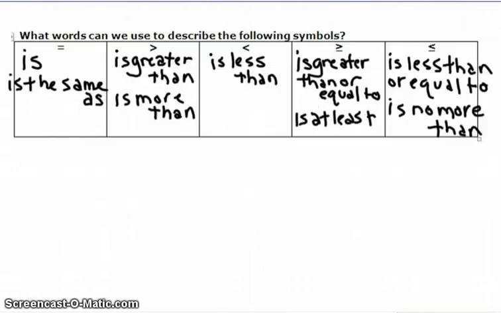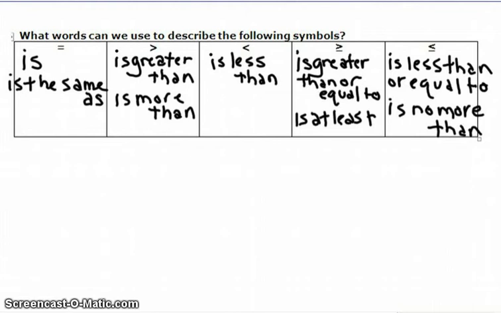We also need to look for certain words that we can just use to describe the following symbols. So here we have the equals symbol, right? And we would use the word is or is the same as. The greater than symbol, we would use is greater than or is more than. The less than symbol, we would use is less than. The greater than or equal to symbol, we look for the words is greater than or equal to or is at least. The less than or equal to symbol, we use is less than or equal to or is no